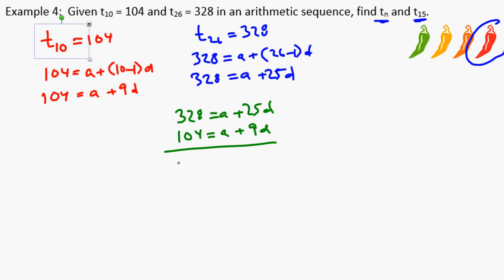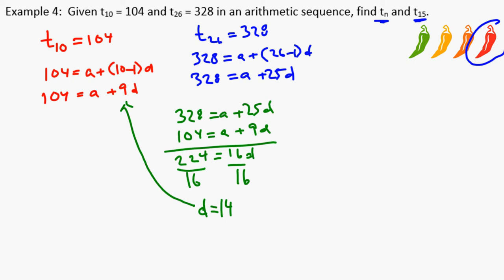Subtract them, so this is going to give me 224 is equal to, subtract these, I get 16D. Alright, so divide both sides by 16. Divide this side by 16, and here I get D is equal to 14. I'm going to put this into, I'll do the smaller one, so put it into here, so that I know